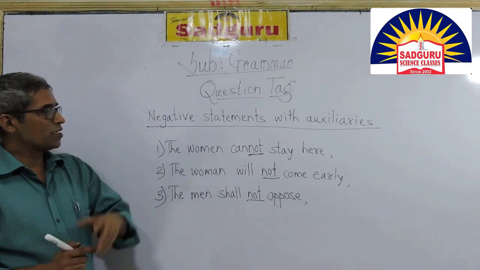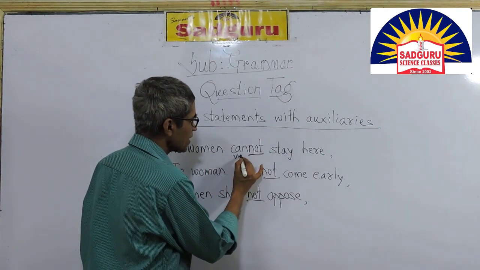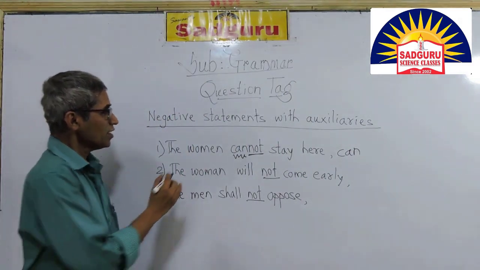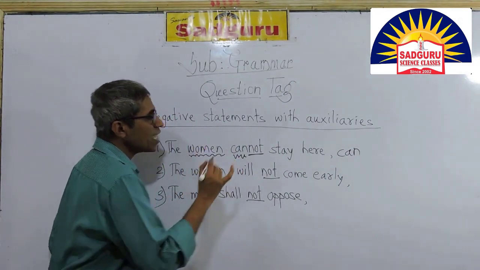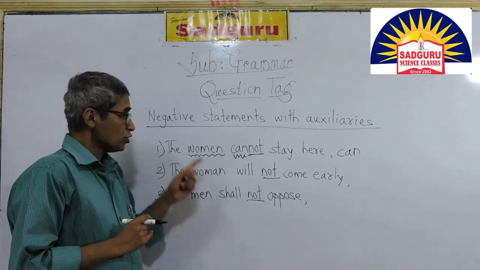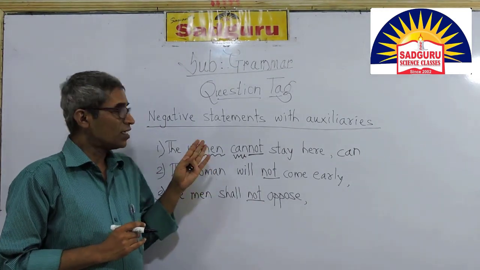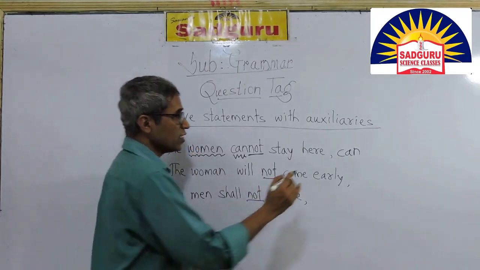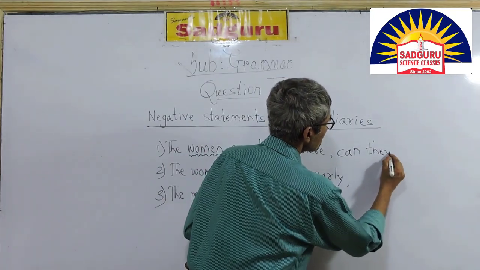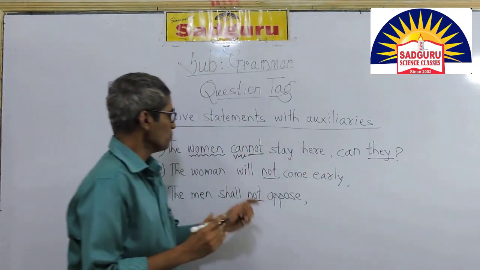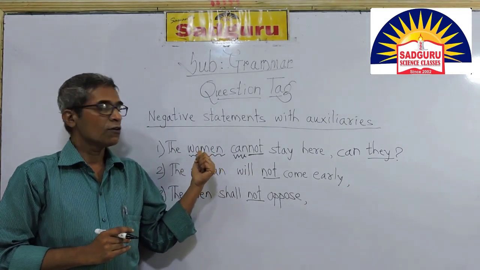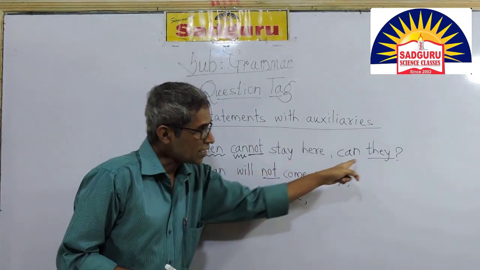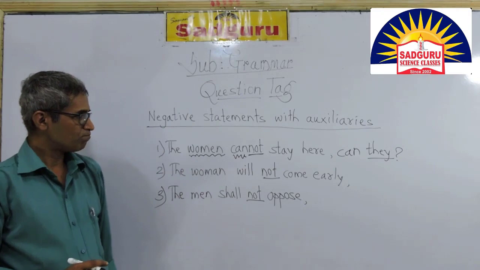So let's find auxiliaries first. Here the auxiliary is can. So I can take it. And then the subject. Subject is women, but it is a noun, and we need a pronoun. You just give attention, women. It is plural. Many females. So you have to take this pronoun, they. Why they? Because the noun is plural. For a plural noun, you have to use this pronoun, they. So the question tag is, can they? Move to the next one.